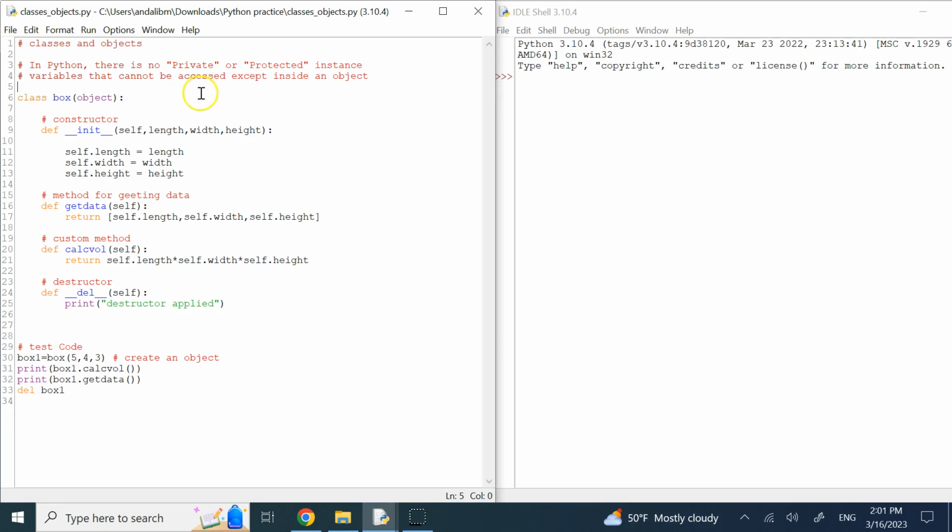So in C++, if you remember, your variables and your functions in general can be private, public, or protected. In Python, there is no private or protected by default, and everything is public. But the idea of the variables, constructor, destructor, custom methods, and so on, is still there. So if you want to create a class, you start with the keyword class, and then you give it a name, anything you want. And then the parent class is always going to be